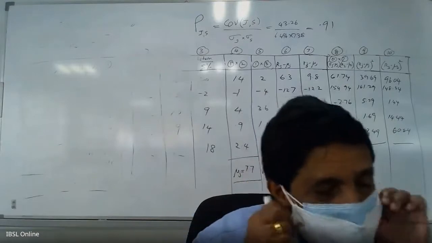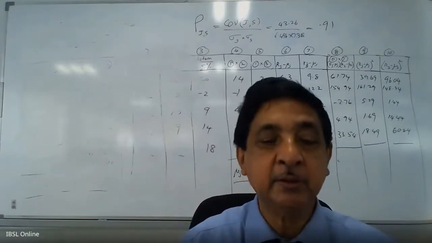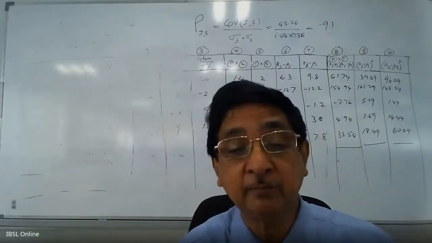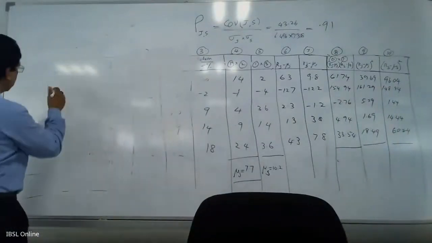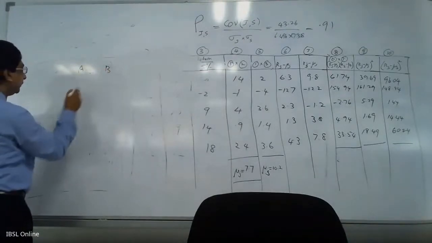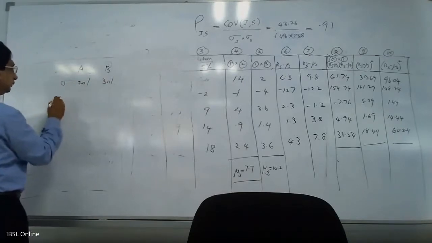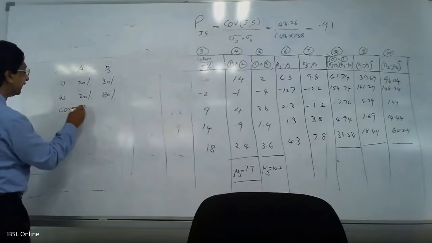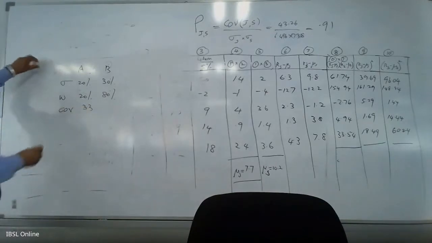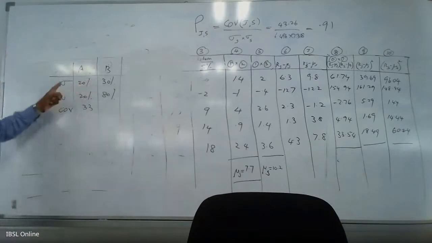Now, first of all, what we need to do is just jot down the data. Now, as per the data, A, B, sigma is 20 and 30. Weight is 20 and 80. Covariance is 33. Now these are the data. Instead of AB, we put 1 and 2. So therefore,